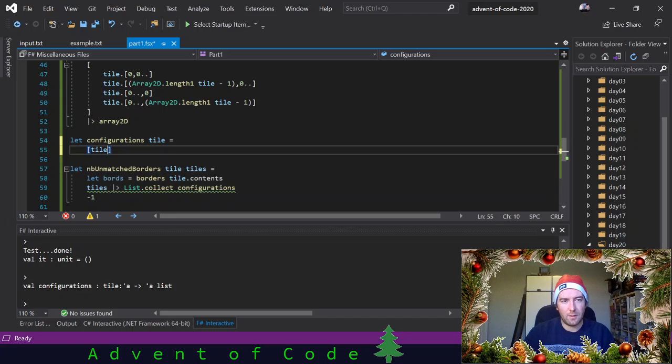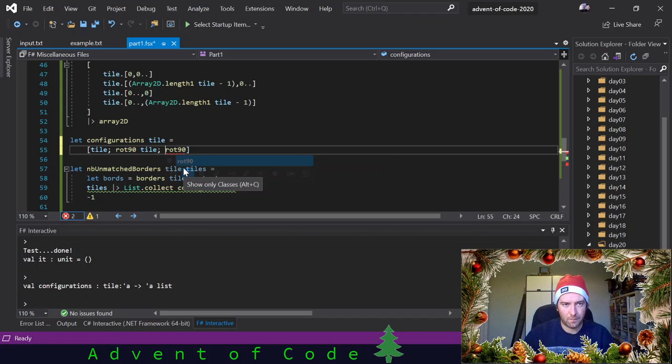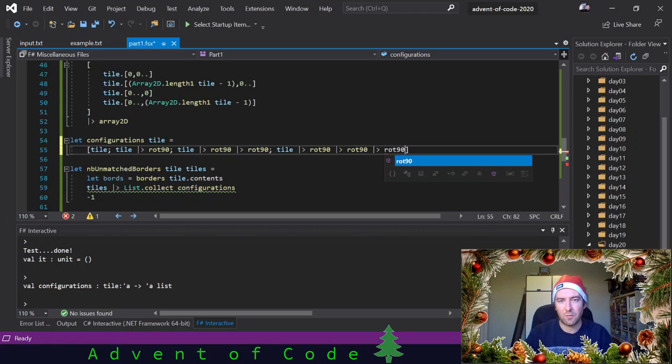We have a tile and the rotated 90-degree tile, just as in the tests. So we have a tile, a rotated 90-degree tile, a rotated 180-degree tile, and a rotated... I think it's faster if we implement rotate 270 instead of doing rotate 90 three times, but that's okay. And then for these 1, 2, 3, wait, there's only 3. 1, 2, 3, 4. No, it's 4. So for these 4